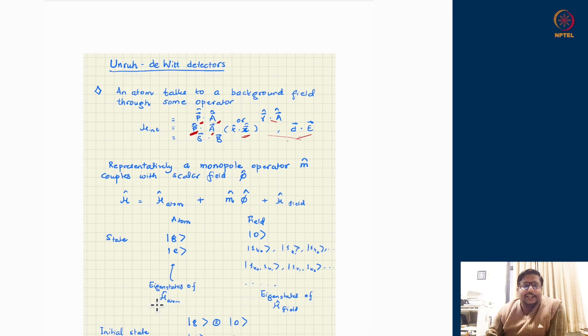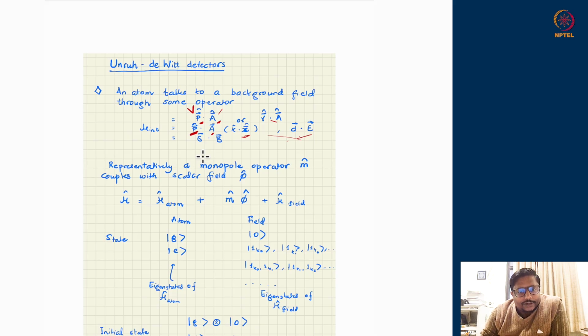So generically, most of the time, all the interaction terms are made up of one operator from the field side and one or more operators from the atomic side. Typically, we avoid writing more operators from the field side with one operator from the atomic side, because we want to discuss things in the limits where the magnetic field or background fields are not very strong. So their higher powers are typically dropped, but there is no mathematical hard and fast rule that they should be dropped.